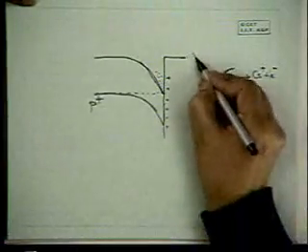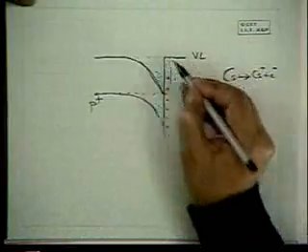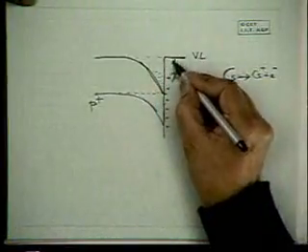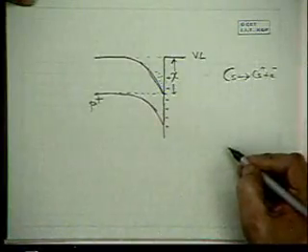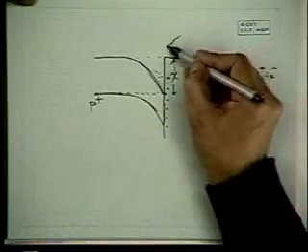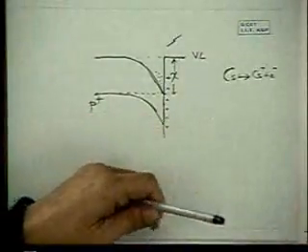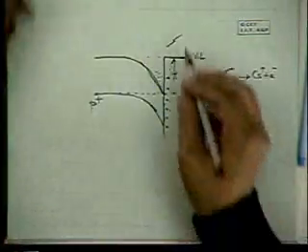So as a result, this vacuum level is brought down to the level of the conduction band. So in this case, if you have, say, photons incident on the semiconductor,